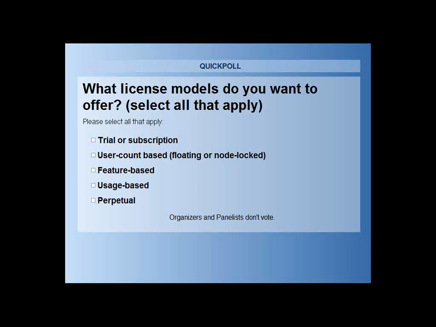Again, pick all the ones that you think might apply, whether it's something you definitely know you need to do now, or it could be something that perhaps your marketing colleagues would like to do next year, something such as that. So sort of looking out into the future as to what you think your colleagues would like to do. I'll give you a little bit longer to vote on that.